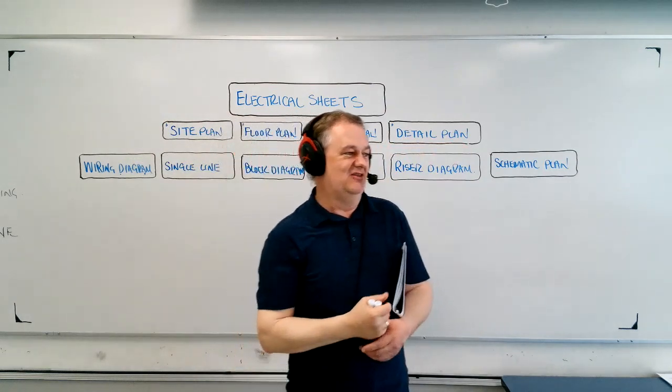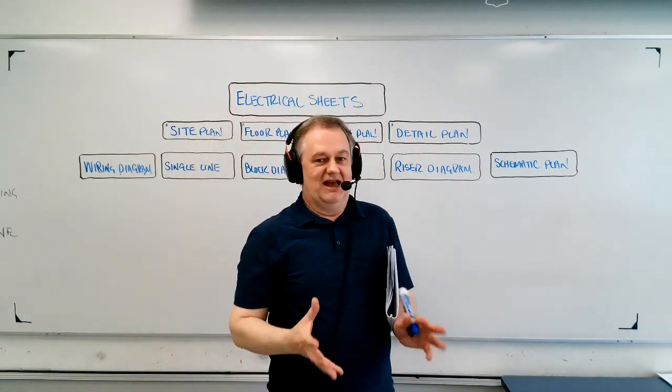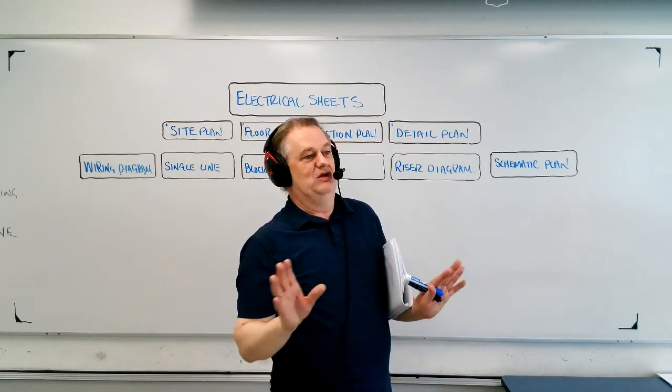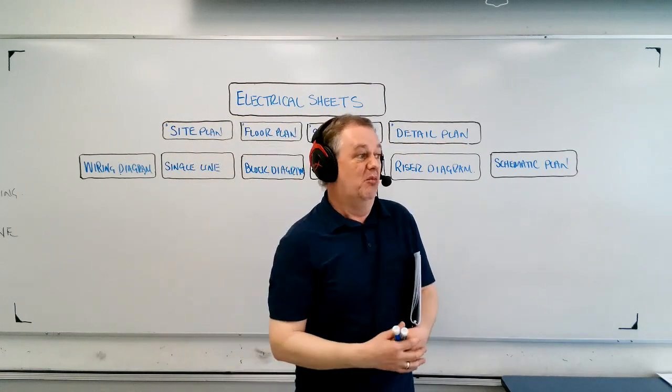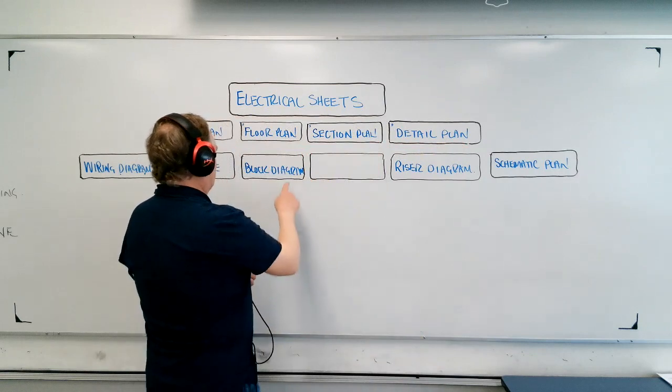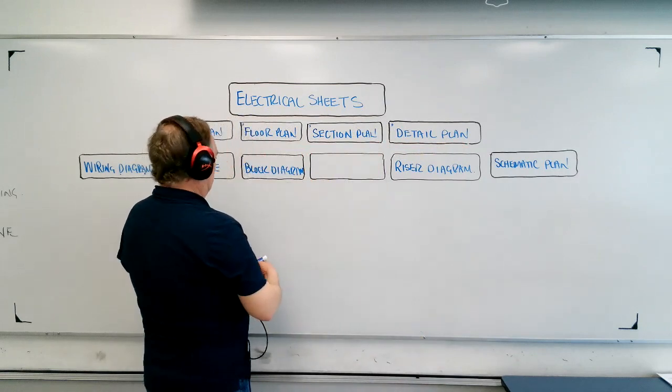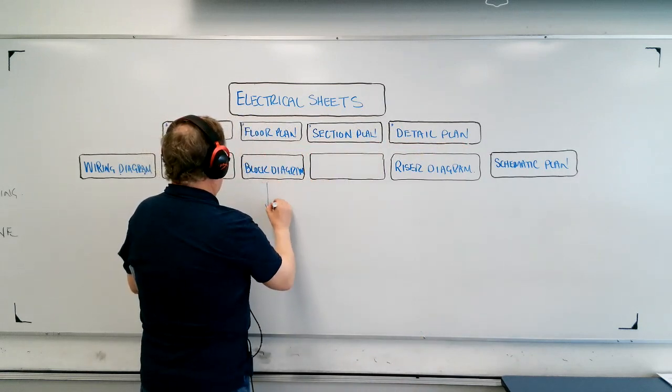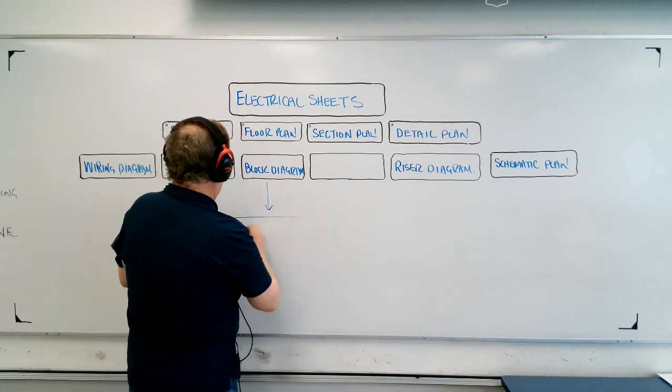Electrical equipment doesn't contain the classic style of elevation where you see a view of the outside of the building, but this block diagram is actually an elevation diagram of essentially,